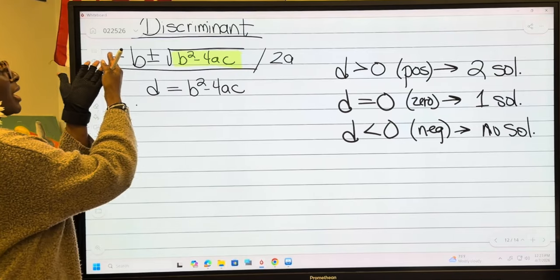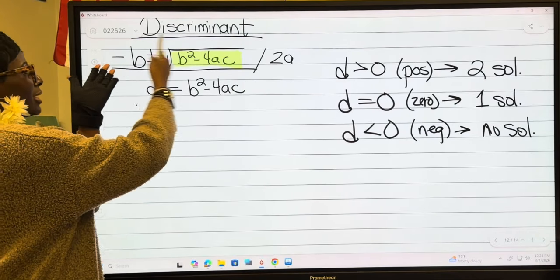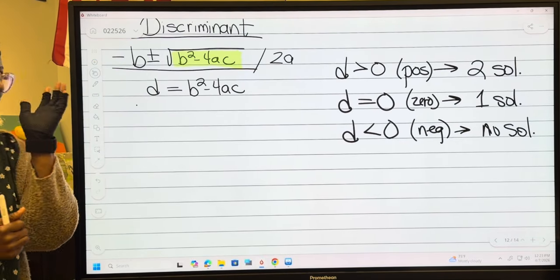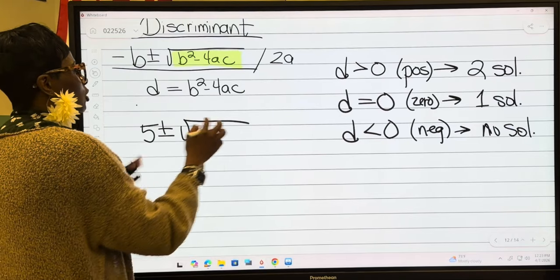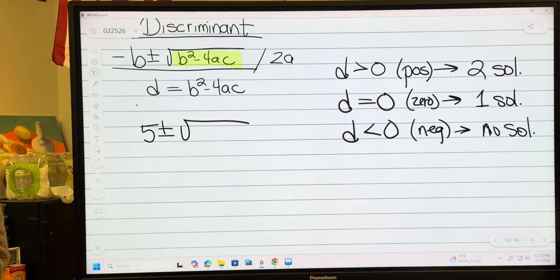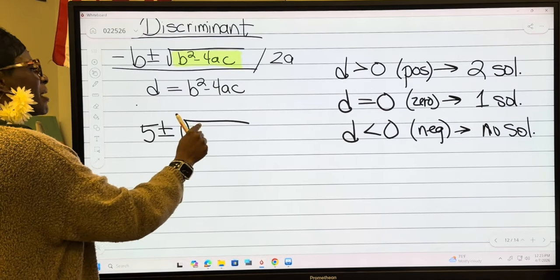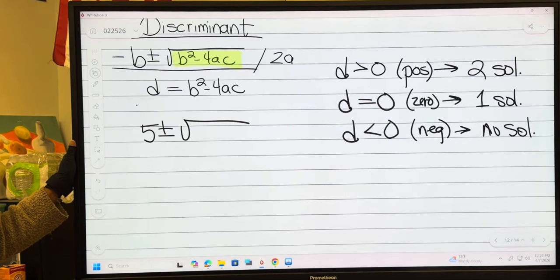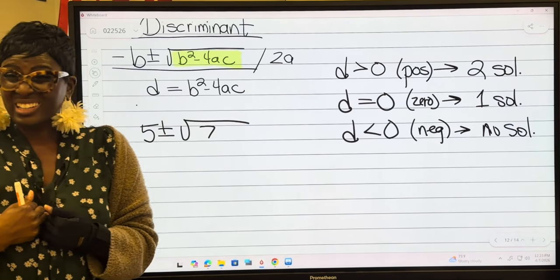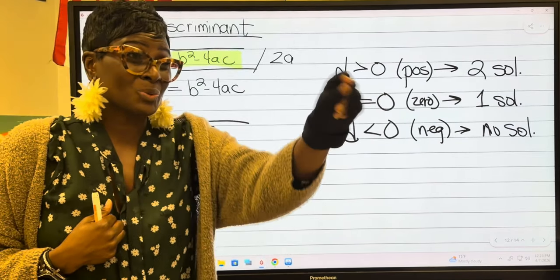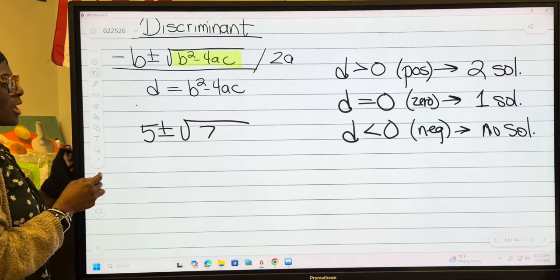So let's talk about this. Let's say we plug in our a, b, and c and all that stuff up here. Y'all with me? And it comes out to be, let's say, 5 plus or minus the square root of something. Is everybody following? Give me any positive number. 7. So watch this. Do I know the square root of 7? No, I don't. But guess what I do know? I know that whatever that number is,